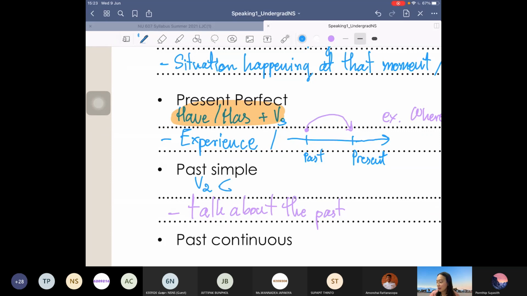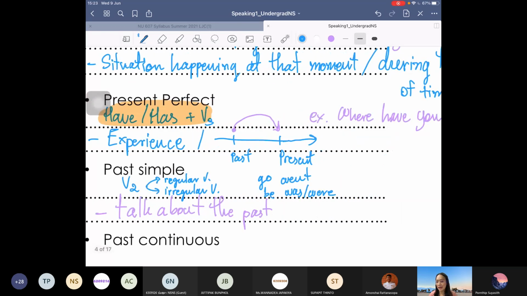There are actually two types, regular verb and irregular verb, ก็คือ verb ผันกับไม่ผันนะคะ. verb บางตัวต้องเติม ed กับ verb บางตัวเปลี่ยนรูปไปเลยเนาะ อย่างเช่น go เป็น went, be ก็เป็น was หรือ were